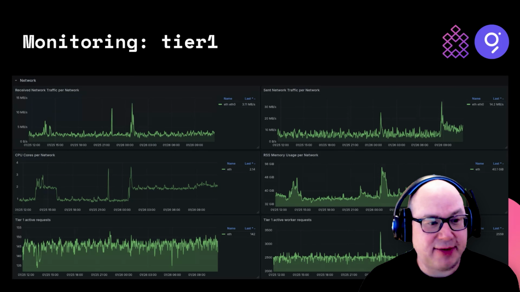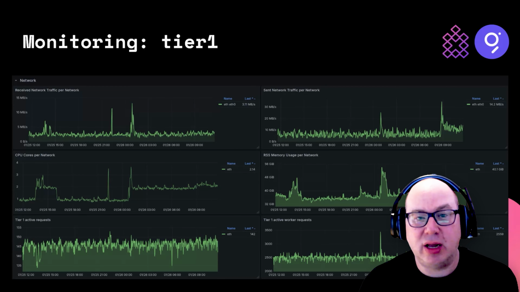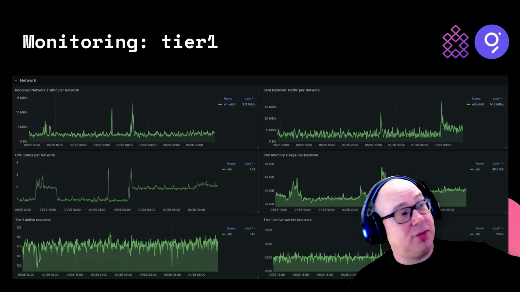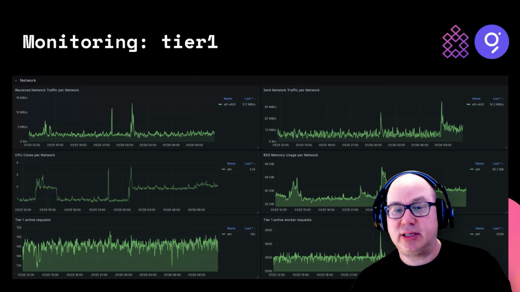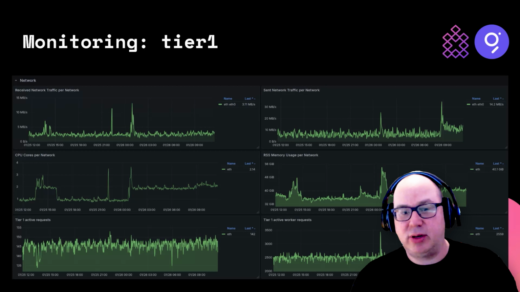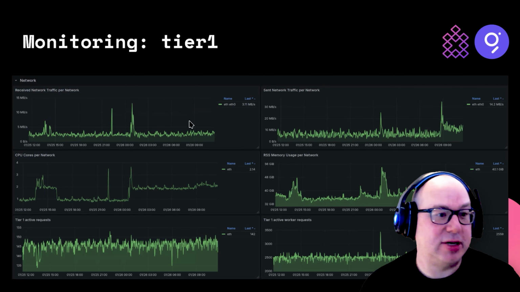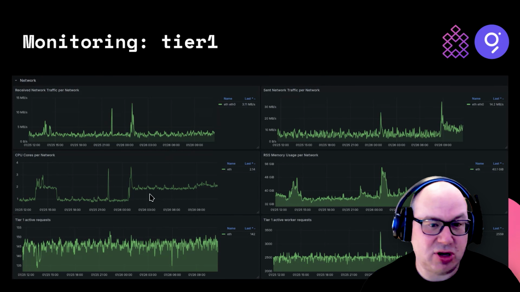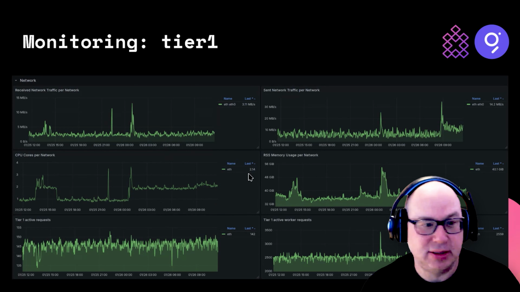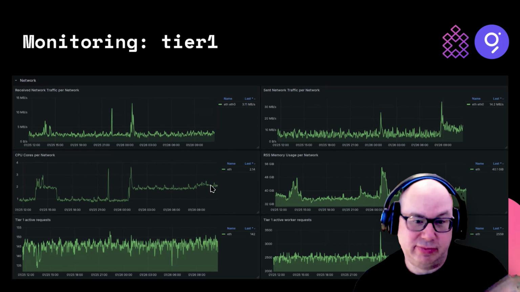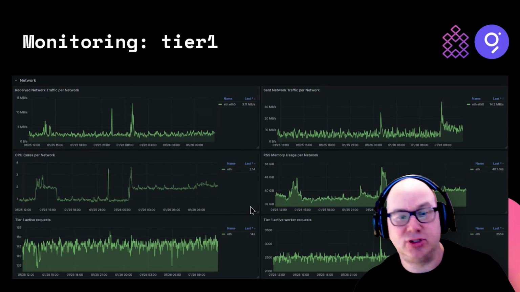Okay, so here's the monitoring stack for tier 1. Same sort. This is looking at Ethereum. So remember, the tier 2 was generic, right? It's processing all the blockchains that we support, whereas this is just Ethereum. So I've got the same set of charts for every single blockchain, but the tier 1s are all separate, where the tier 2s are combined. All right, so here we're processing network traffic in, out, how many CPU cores. So here it's running 142 requests in 2.5 CPU cores, right? So maybe you don't need 4 CPU cores, it's too much.